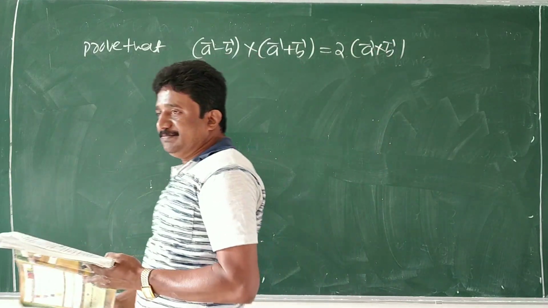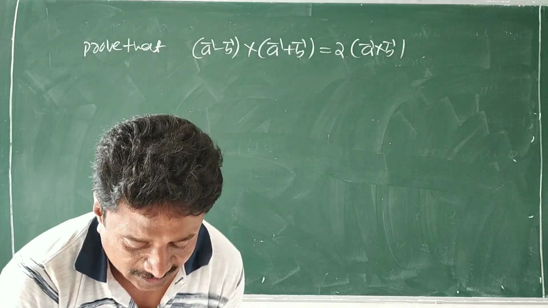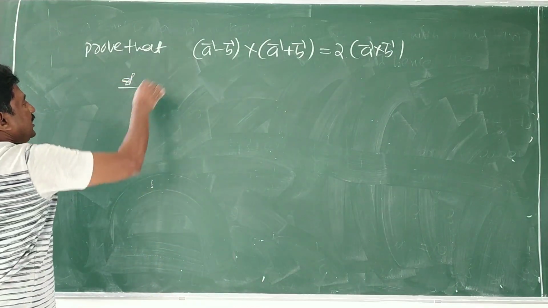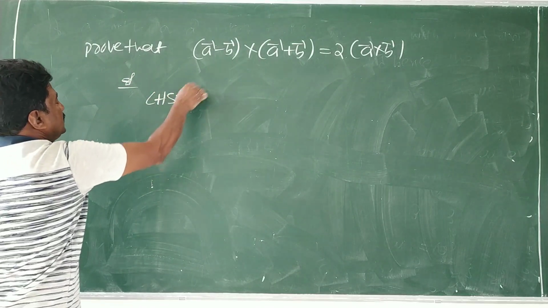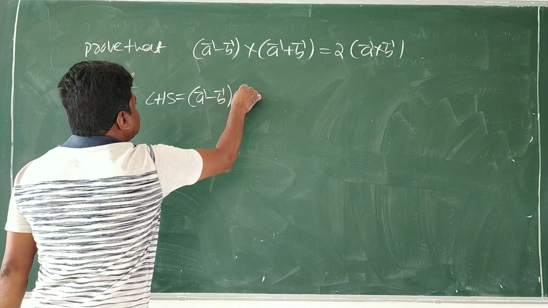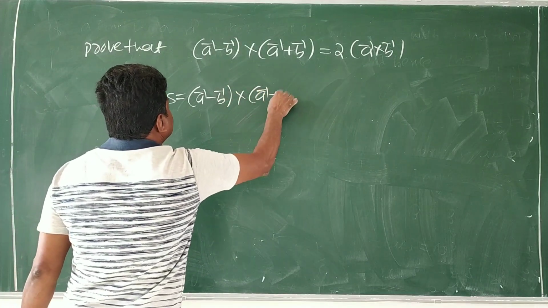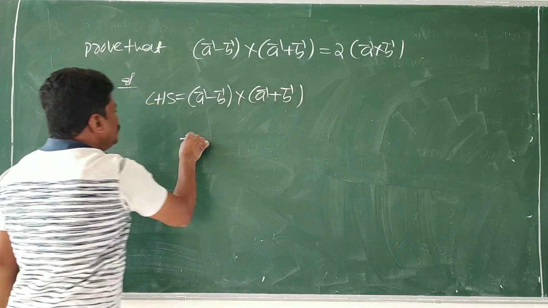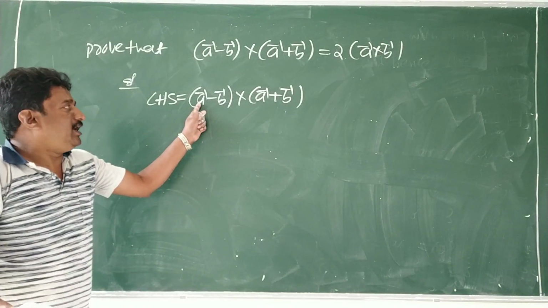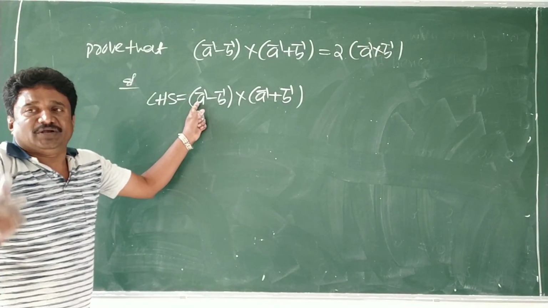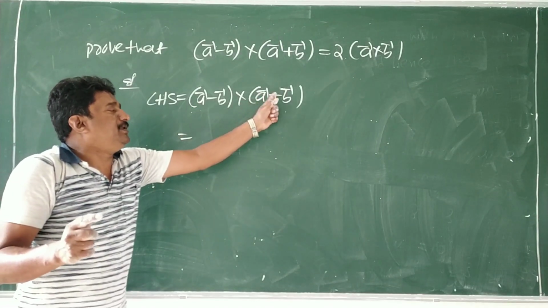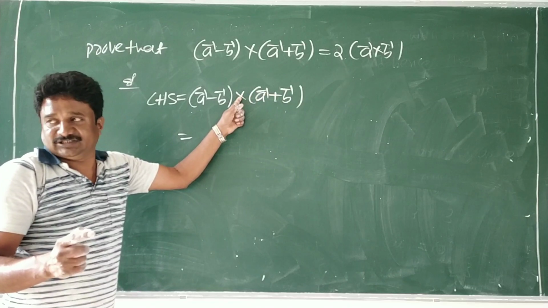It is so simple, students. It is such an easy question. Solution: you take the LHS, which is (A minus B) cross (A plus B). You do one thing, just usual multiplication. You take vector A and multiply it to both A and B using cross.